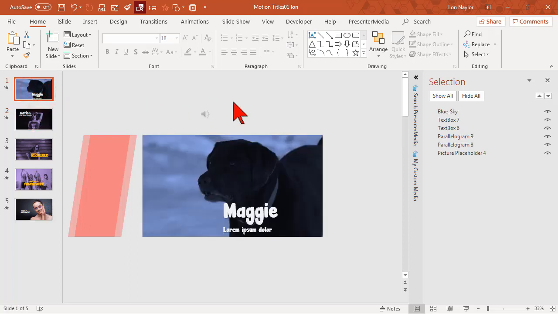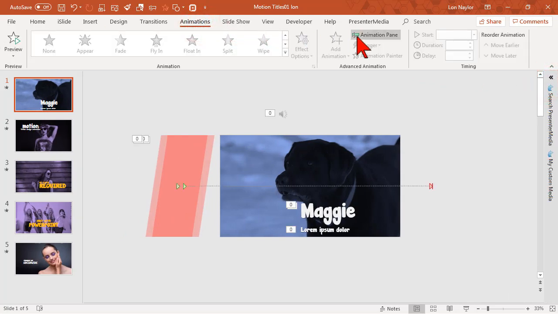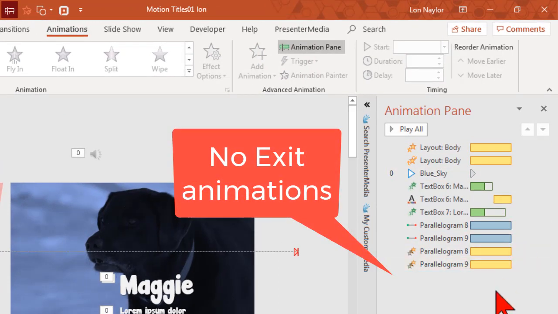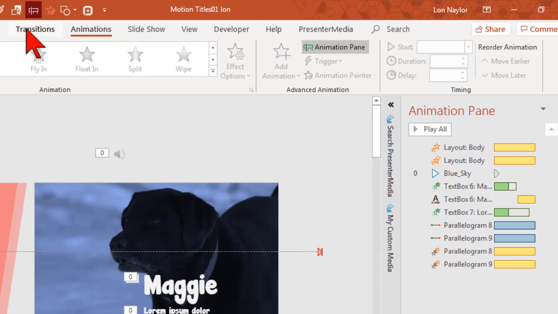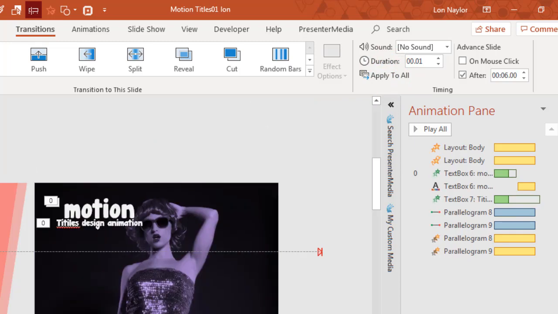And one other nice thing about this slide deck is that if we open up the animation pane, we'll see that it doesn't have a bunch of exit animations. Exit animations make it kind of hard to time the slide, in other words, how long it stays on screen. But for this slide deck, all I need to do to make things last longer is go to Transitions, and over here, just set the number of seconds that I want to be spent on each slide. So I'm going to change this to like 6 seconds. And if you like, you can also click Apply to All, and that will set the duration of each slide